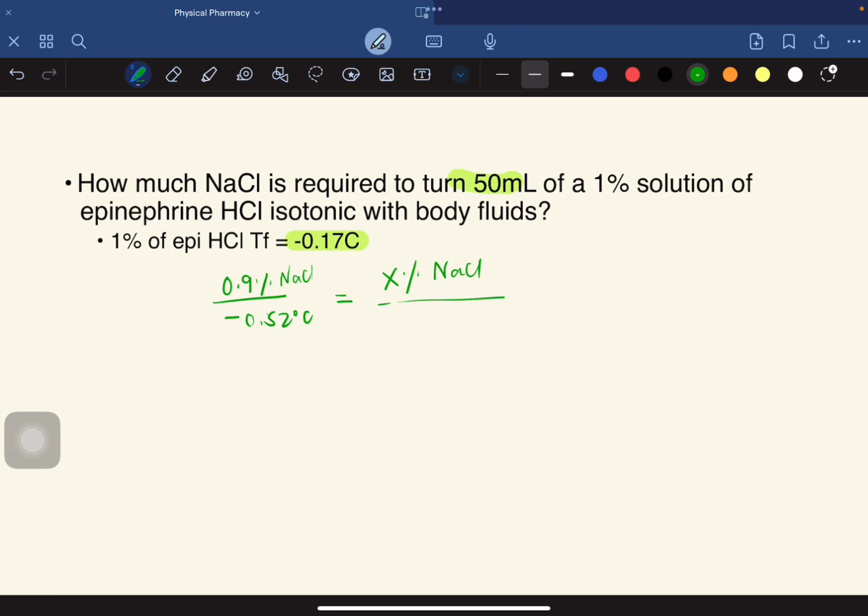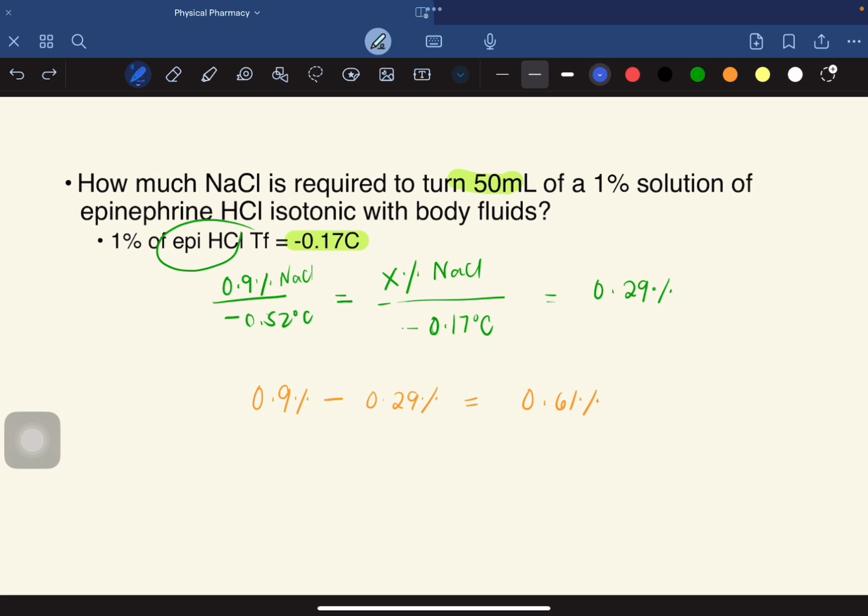Tapos, the freezing point of your epinephrine hydrochloride, which is negative 0.17 degrees Celsius. So again, ratio and proportion natin, which is 0.29%. Tapos, step 2, we subtract the ideal amount of sodium chloride with the answer in the first step. So, diba, the ideal amount would be 0.9% minus 0.29% equals to